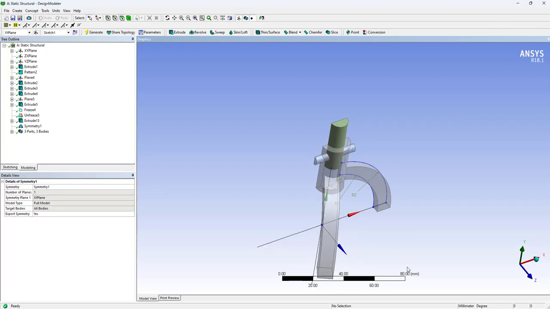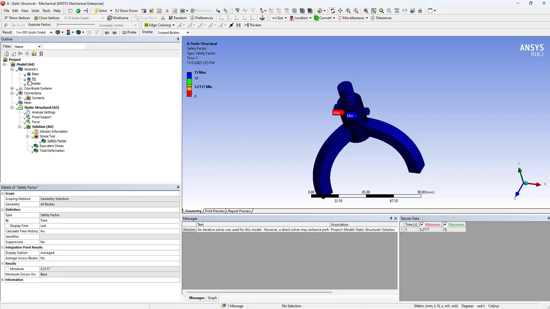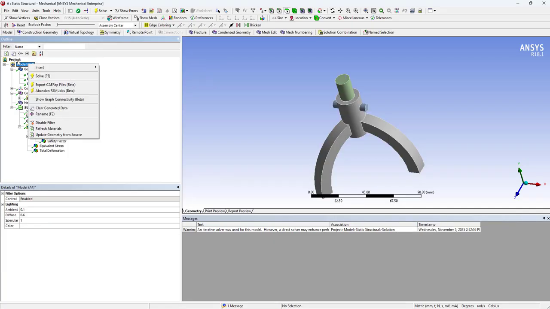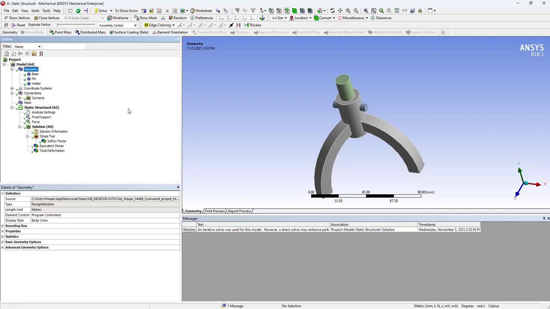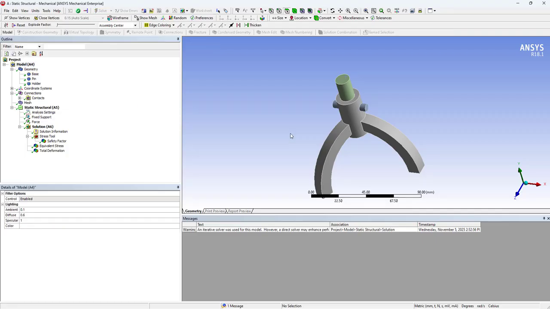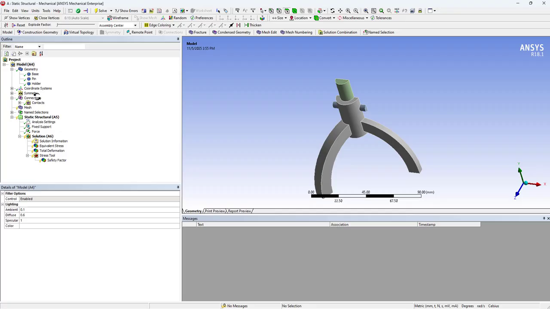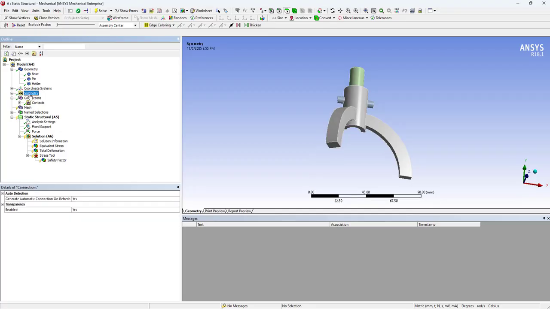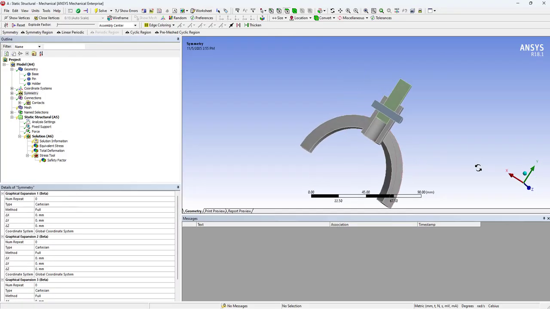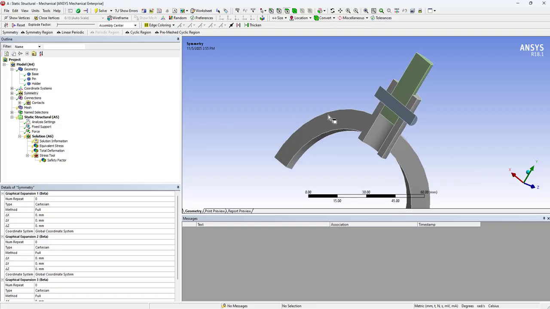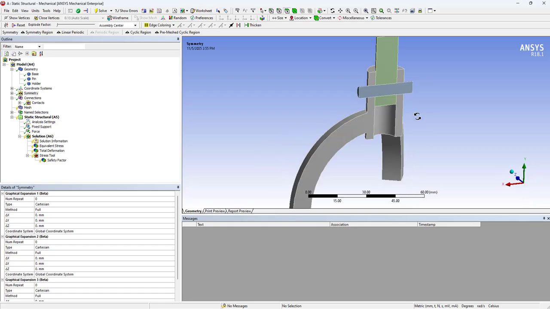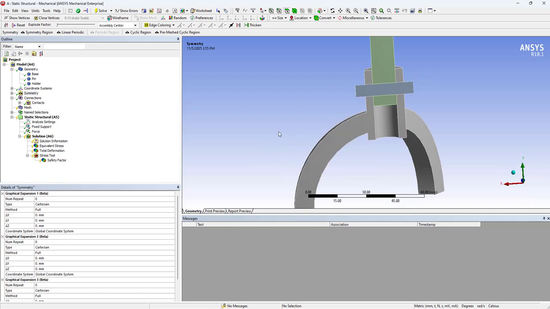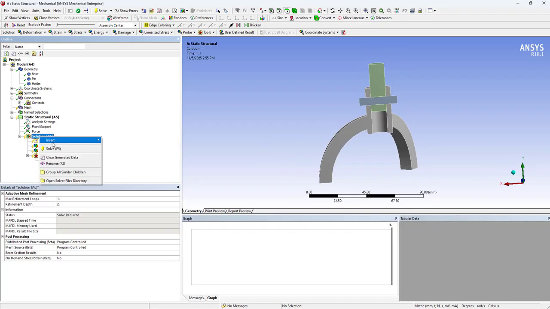And if I go back to the model and update it again, update geometry from source. So here, along with the connections, we have the symmetry option as well. So this is a much better view, and we can visualize the result exactly at the face. So if I solve this,